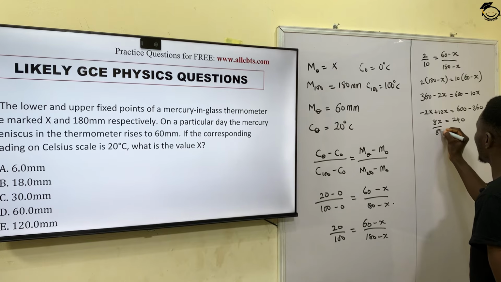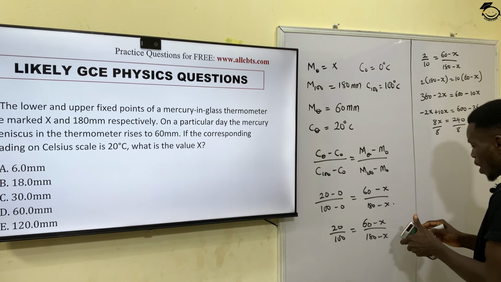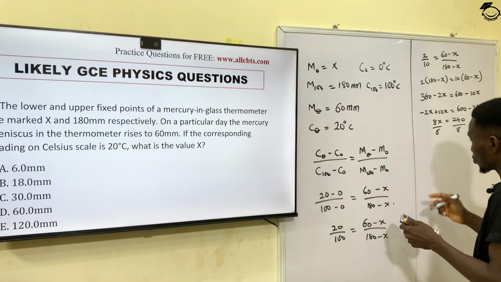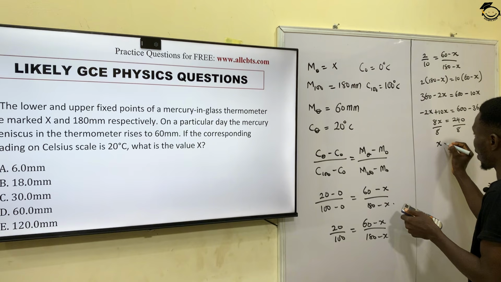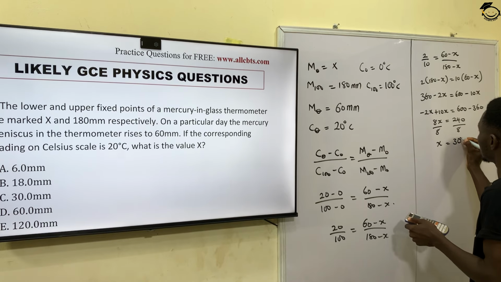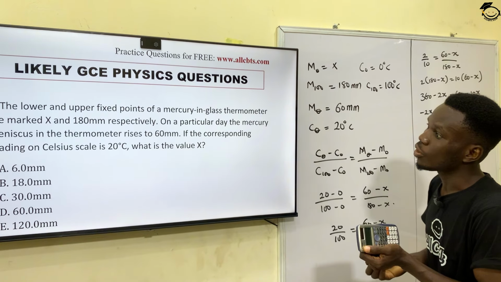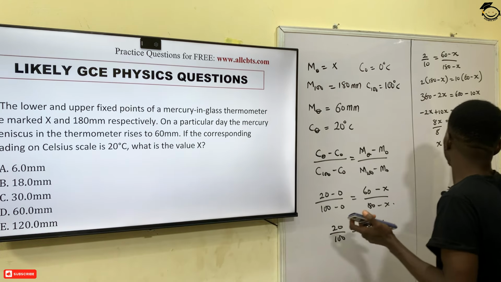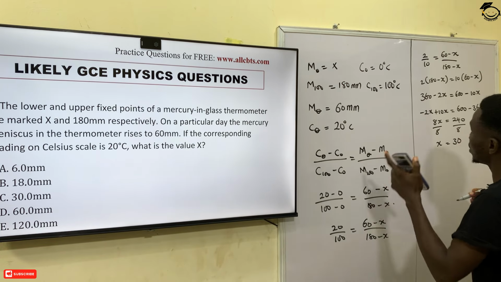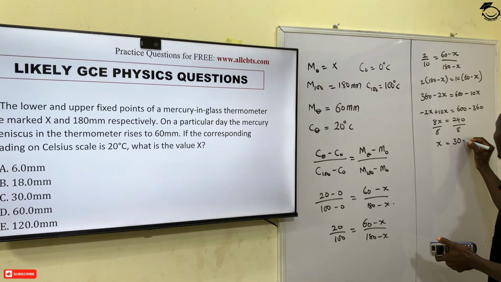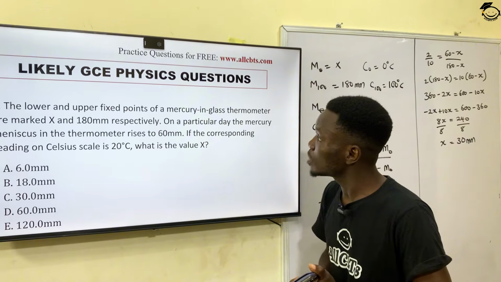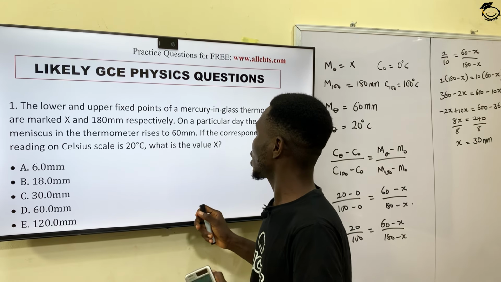I'll divide both sides by 8, so I'll have 240 divided by 8, and that will give me 30. So my X is going to be what? 30 degrees. The corresponding value of X, so we're talking about the measurement in the mercury in glass thermometer, would be 30 millimeters. So the lower fixed point of this mercury in glass thermometer is going to be 30 millimeters,